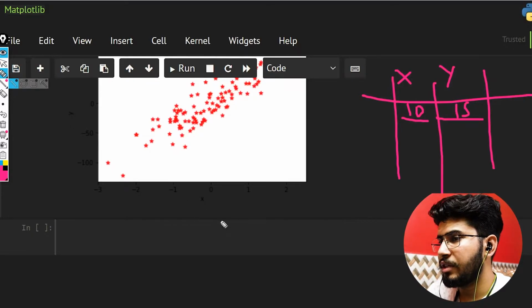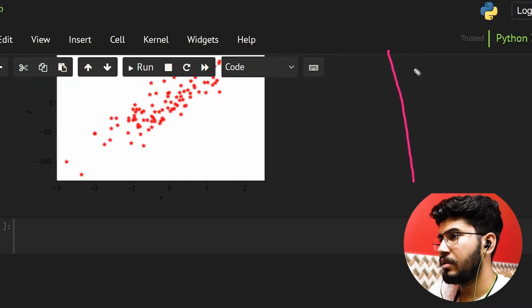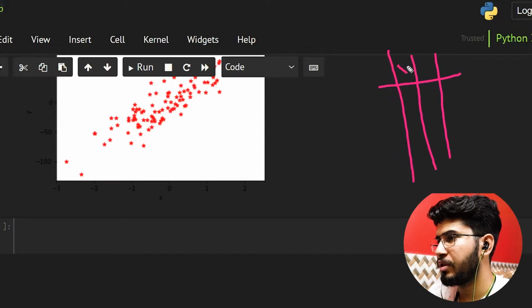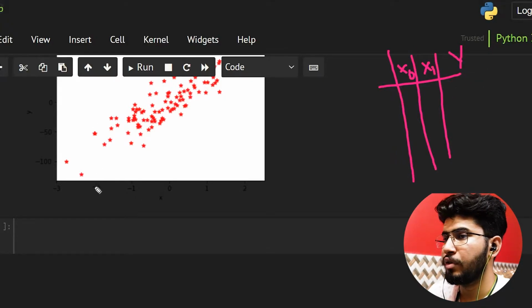Now in terms of classification, we have multiple features, as we have only x here. Now just for simplicity, let's take two features. So I am going to take x0 and x1, and on the basis of this we will have our output. In classification we have to classify, let's suppose, whether we have a cat or a dog.